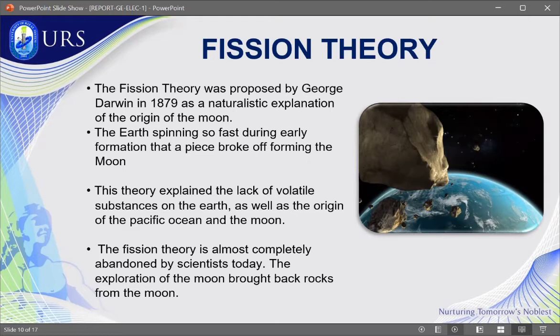Another problem found in this theory is that there is no fossil evidence to prove that rapid rotation really happened. There is no concrete evidence that the Earth really rotated that fast and caused the formation of the moon. So this theory is no longer acceptable today and was completely abandoned by most scientists and researchers. Next reporter, please.